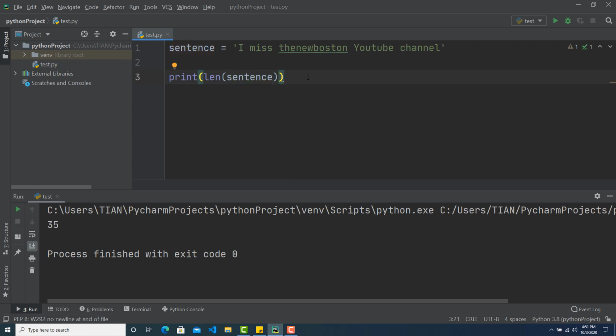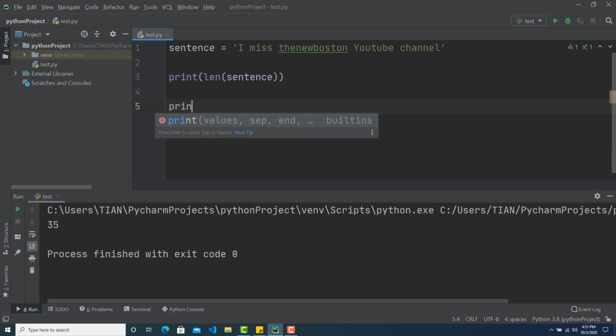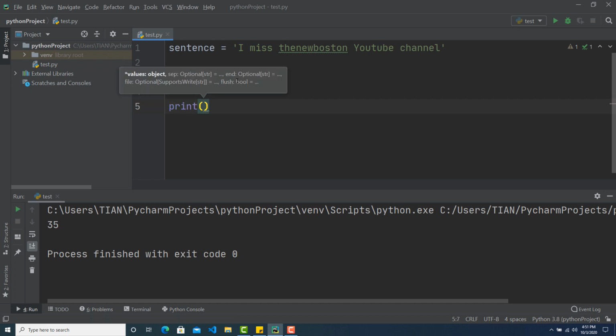Now if I want to get back something, like in my previous video, where you saw how I cut off a specific portion of a word, I want to do the same thing over here as well. So let's write print, and sentence, and here I want to get from 0 to